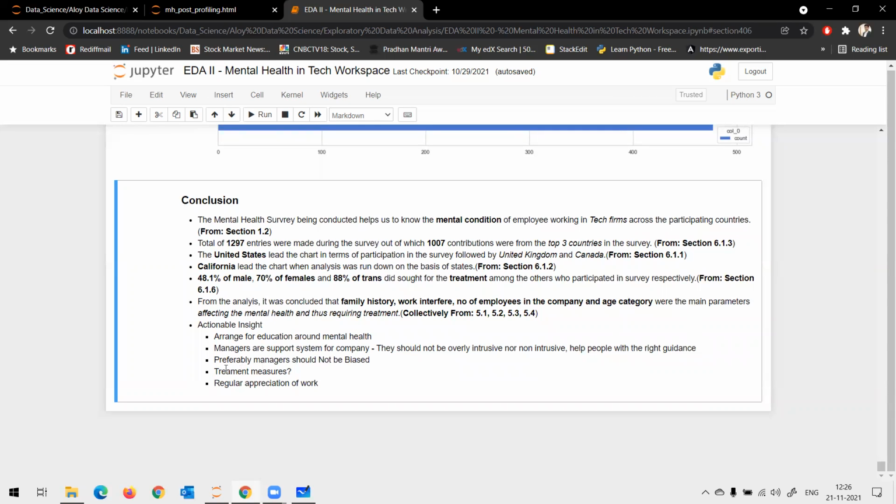And you have certain treatment measures. Basically, I give you guys a break of 10 minutes in between just to get some mental peace, so this is also part of a treatment measure, correct? Coming to the last, a regular appreciation of work, where if you do positive work, regular appreciation would ease out the mental stress.